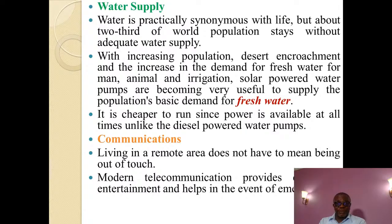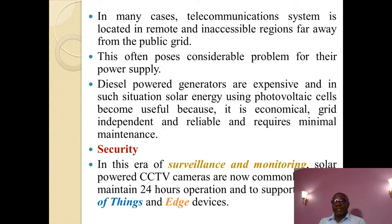Above all, in communications, people living in a remote area does not have to mean being out of touch. Modern telecommunication provides for education, entertainment, and helps in the event of emergencies. So in many of these cases, telecommunication system is located in remote and inaccessible regions far away from the public grid. This often poses considerable problem for their power supply. Diesel power generators to be used in those remote places may become very expensive, and in such cases, using PV systems become very useful because it will be more economical, it will be grid independent, and very reliable with